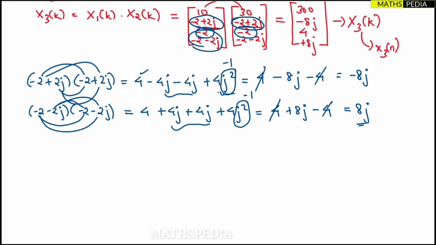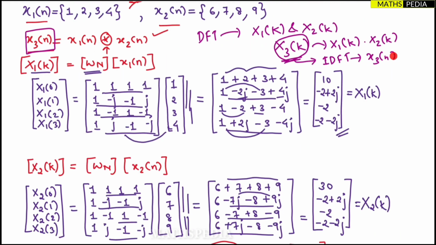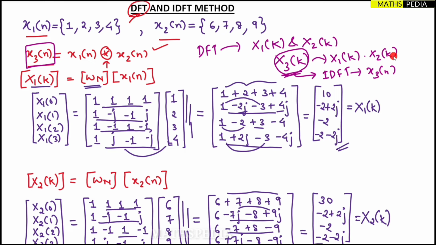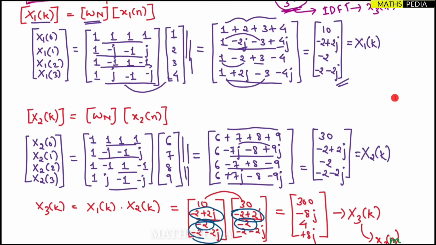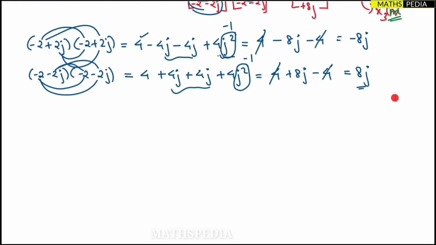Okay, and one more thing, if you are getting confused with x3 of n, you can change the variable, make it as m also. Okay, no problem, you can take it as m also. So here also it will get changed, so you can take any variables, it depends upon you. So x3 of m we will take, because here also n is there, here also n is there, so it's better we take another variable. Okay, so let us now find out the x3 of m. So x3 of m, I will get by the IDFT.